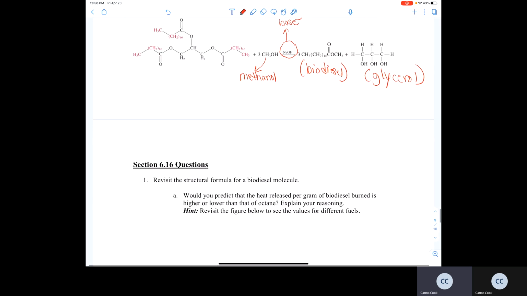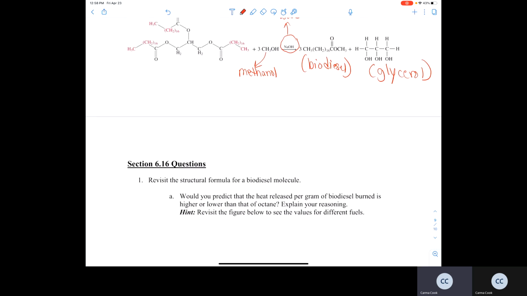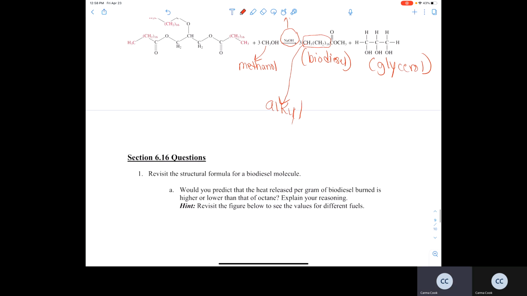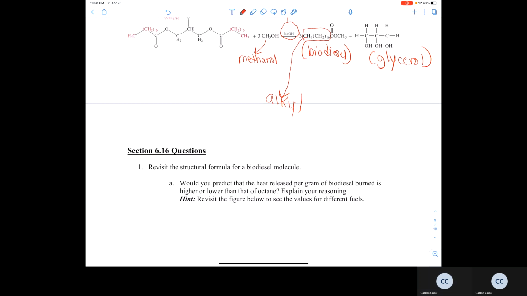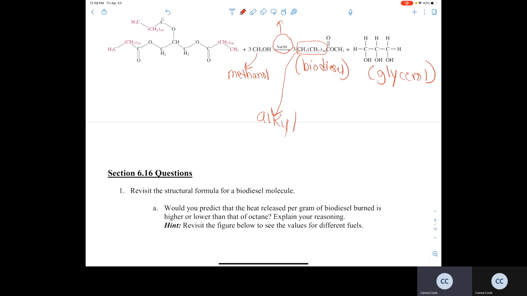And so looking at the structural formula for our biodiesels, this is called our alkyl portion of the biodiesel, which are the long hydrocarbon chains. And so looking at the structural formula for our biodiesel, having the long chain alkyl groups plus the carboxyl functional group,